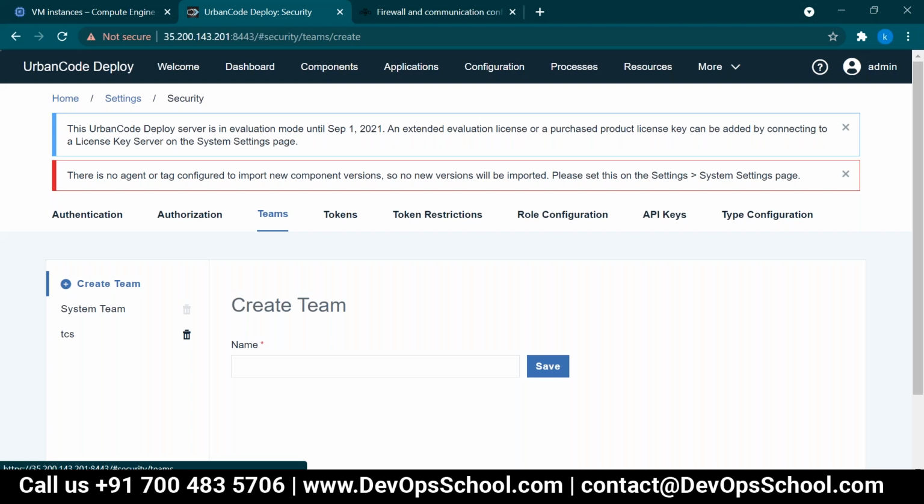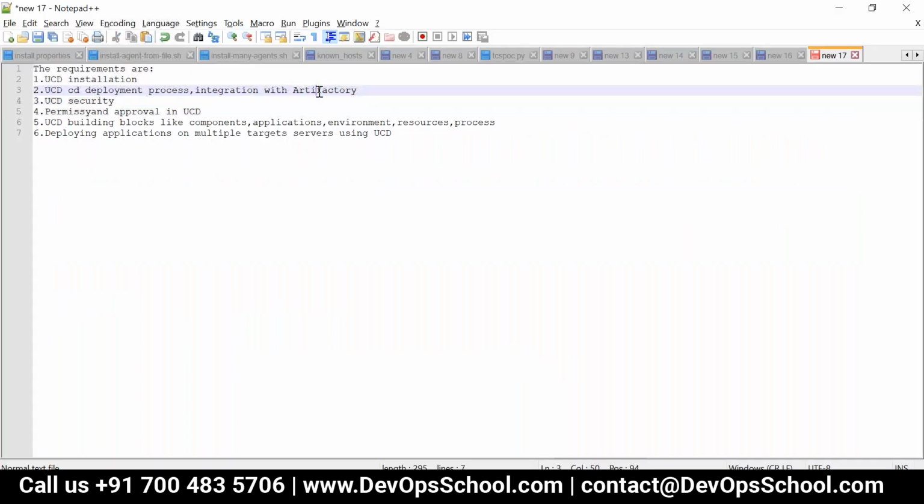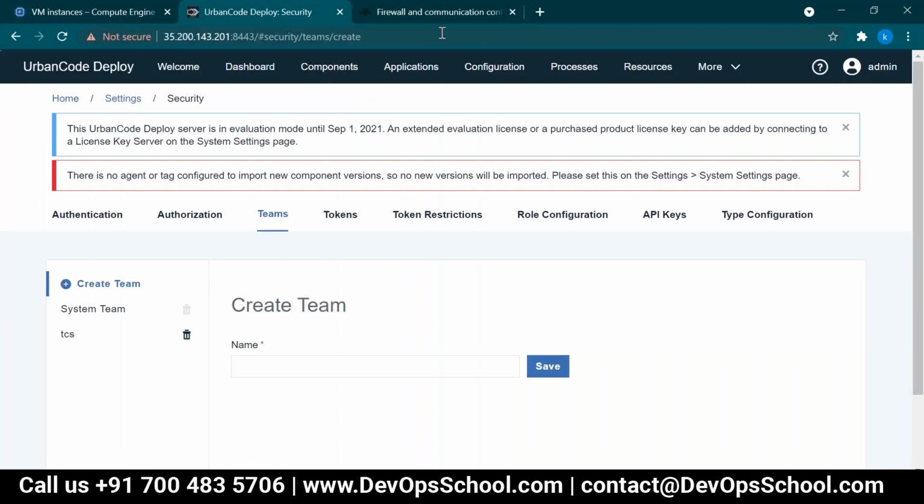SonarQube token, I don't know, because that is LDAP, kind of AD group. I'm asking if we can integrate with SonarQube, like for scanning code. SonarQube we can integrate. Nexus you're telling, right? Nexus we can integrate. Instead of Artifactory, you want Nexus? Nexus is an artifactory. I'm talking about SonarQube for scanning code analysis.